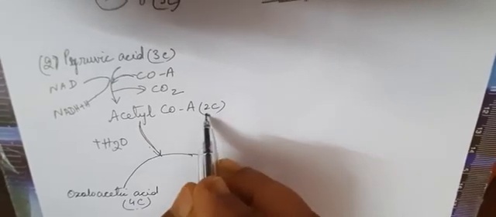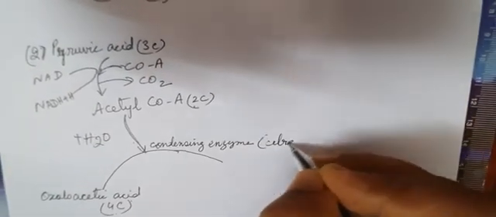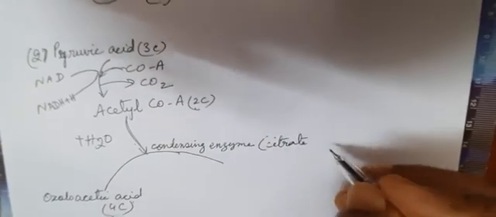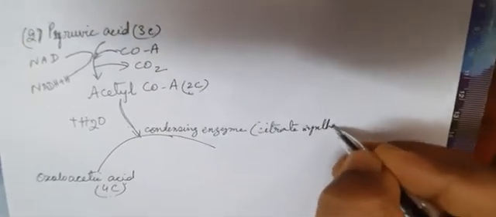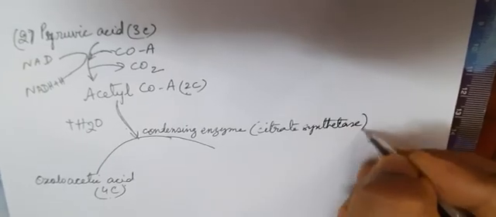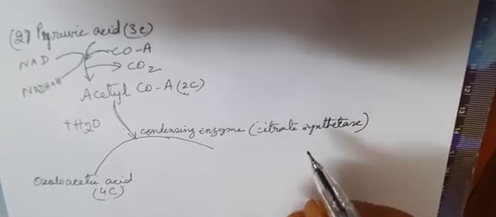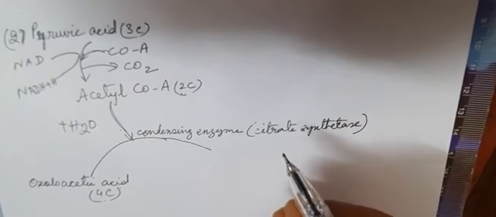So this acetyl coenzyme A, 2 carbon compound, and oxaloacetic acid, 4 carbon compound. Then the condensation reaction will take place. So the condensing enzyme, that is citrate synthetase, will act here